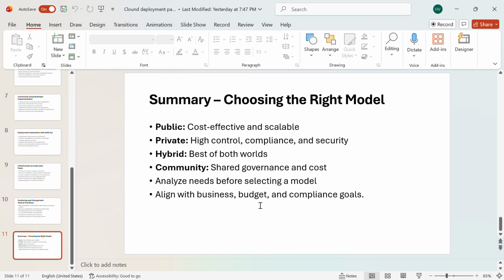Summary: choose the right model. Public, cost effective and scalable. Private, high control, compliance and security. Hybrid, best of both worlds. Community, shared governance and cost. Analyze need before selecting a model. Align with business,